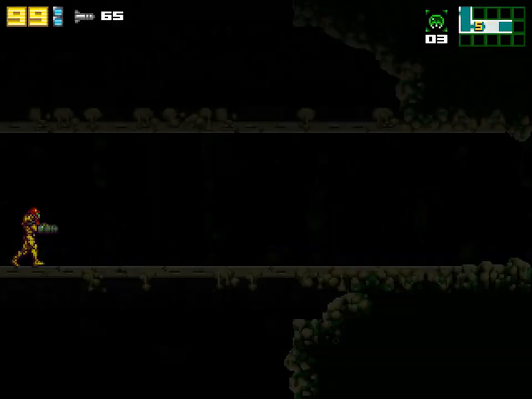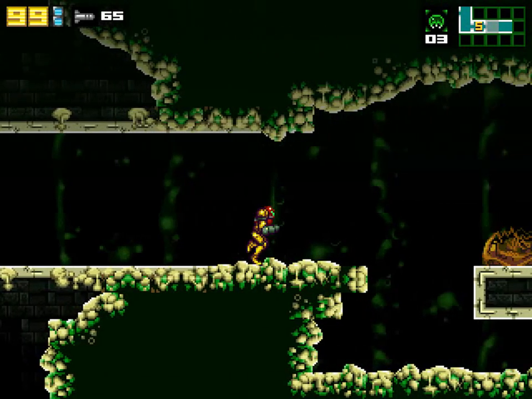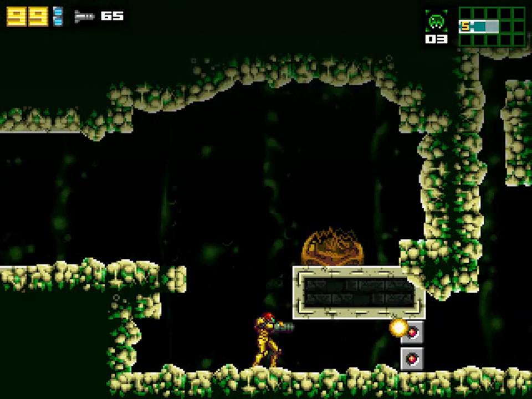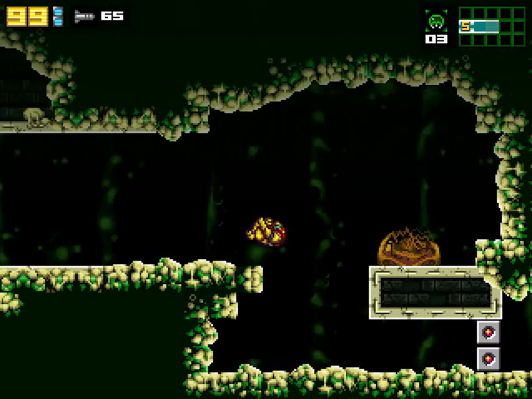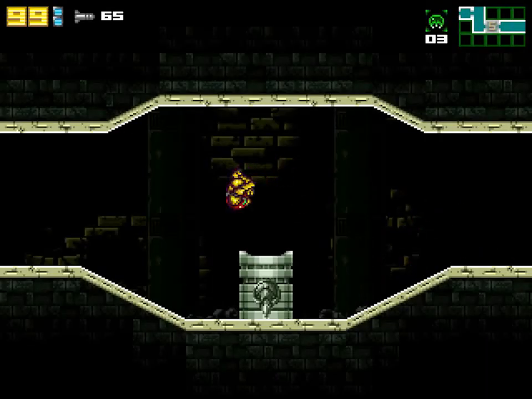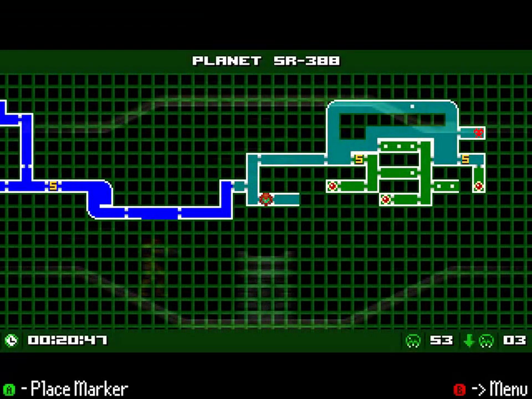So you may recall that this way we started getting some weird planty looking things, and Metroids, and a bomb wall. So until next time, everyone, we're going to head into what amounts to a Metroid lair. Until then, everyone,